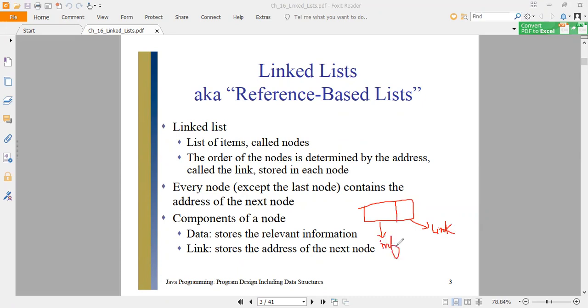So the info part holds the data, the value of your node. Let's say we have 4, and then here is the address, as in 1201. So this is the address of the next node, and this is the value. This is the information. So these are the two components of a node.